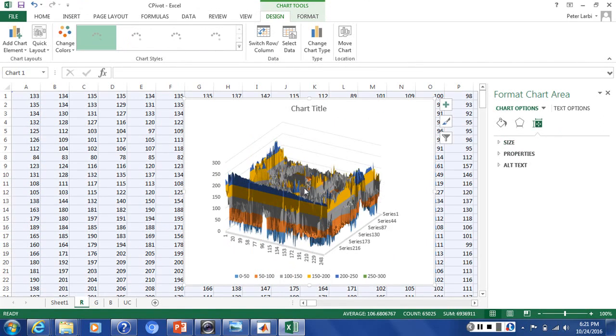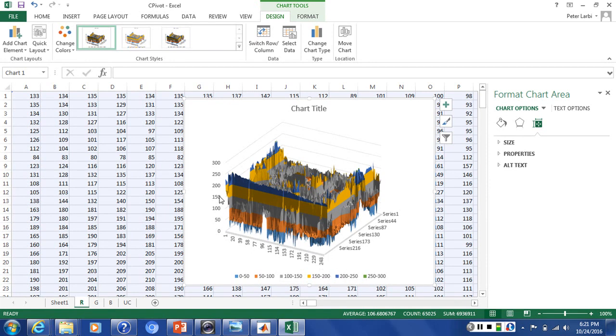Okay, here is our 3D visualization. We want to notice that once we came to the 3D, Excel automatically changed the number of ranges. So we have 1, 2, 3, 4, 5, 6, whereas previously in the 2D visualization, that's in the contour chart, we had only 3 colors showing. Now